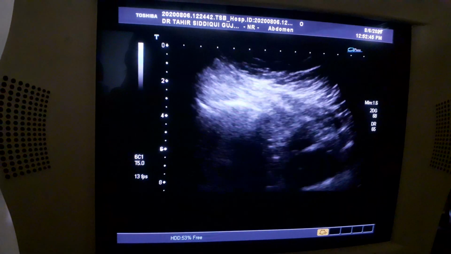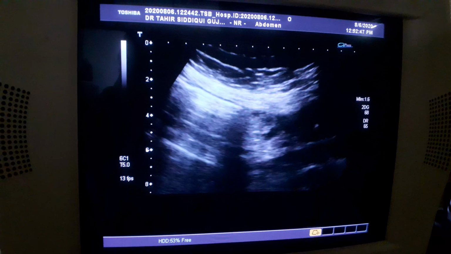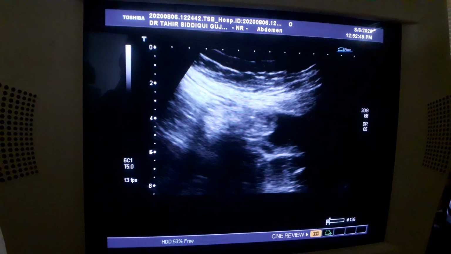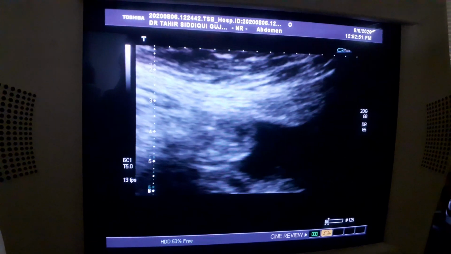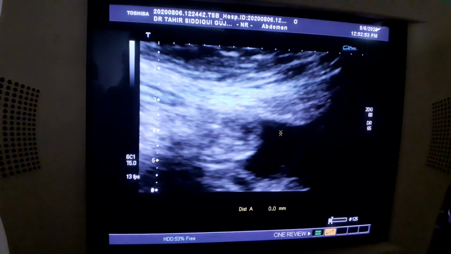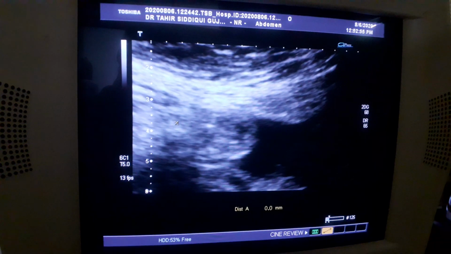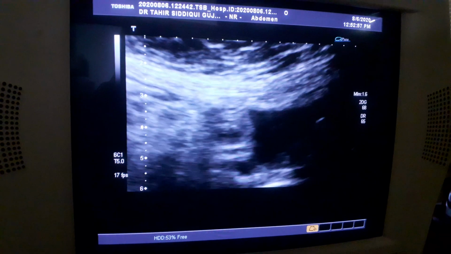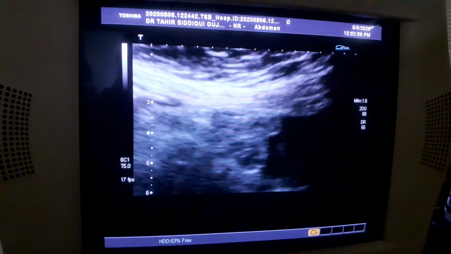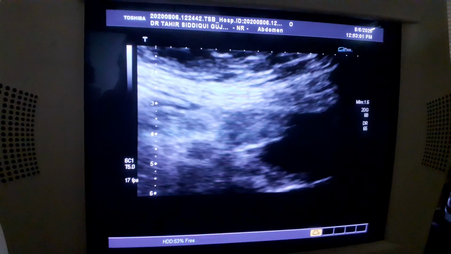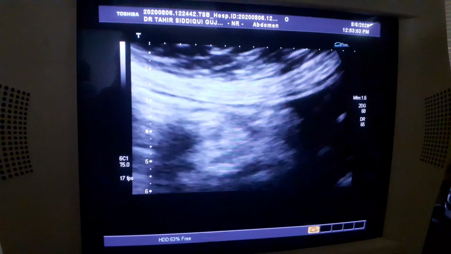Similarly, now I'm coming down to the iliac region, left iliac region. You see, this is small amount of fluid. Ascites is seen. This is fluid. These are the bowels floating in it. You will see it better in this view.